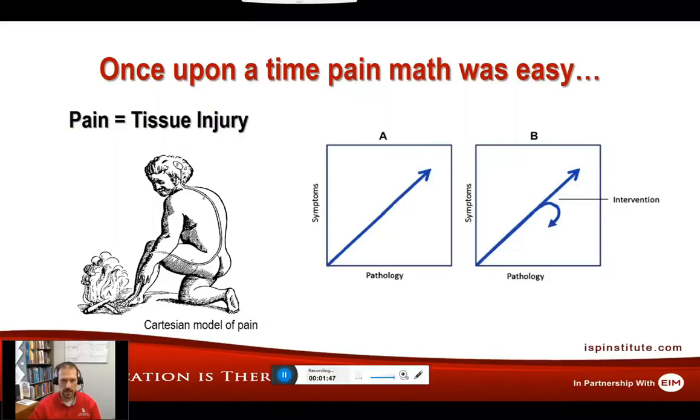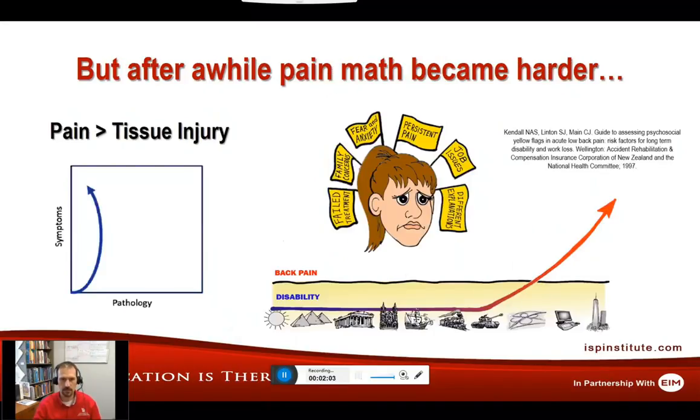And we know now that that type of math problem doesn't do so well, but many times we still work in a system where pain and tissue injury are seen as the same thing, and the more pain you have, obviously the more tissue injury you must have, and all we need to do is intervene and the pain should disappear. But we start to understand it becomes a little more complex over time. We have many patients that enter our clinics with significant amounts of pain, 9, 10 out of 10, and very little pathology that we can find on scanning or anything along those sorts.